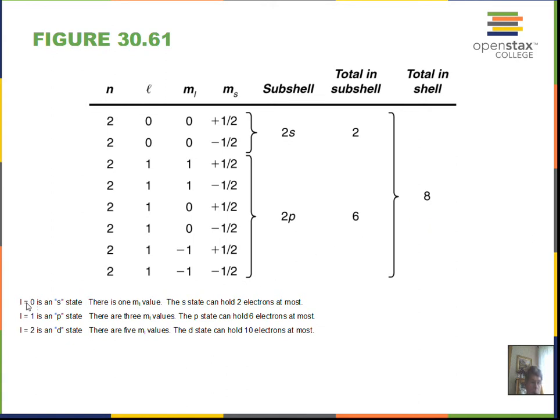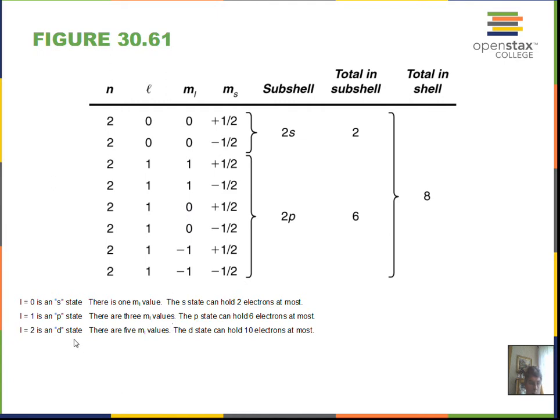So a little reminder here, again, the symbol here is an L. L equals 0 is an s state. L equals 1, a p state. L equals 2 is a d state. For the s state, there's 1 m sub L value, and it can have plus or minus a half spin, so we can hold 2 electrons. For the p state, there are 3 m sub Ls. They're on this table. The p is L equals 1, and we can have minus 1, 0, and plus 1 for m sub L. Each of those m sub L numbers holds 2 electrons, possibly,